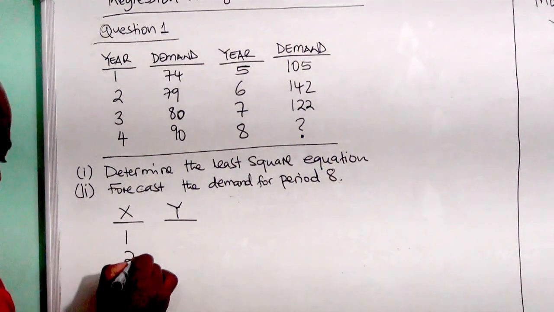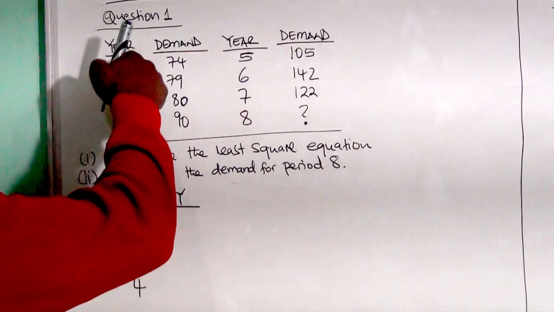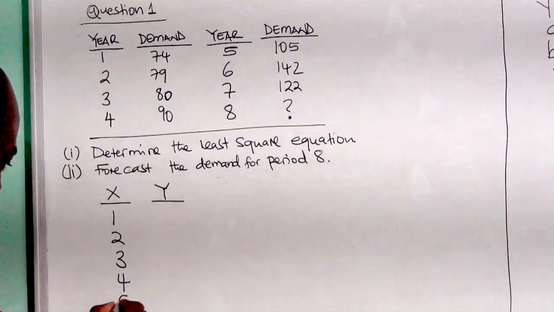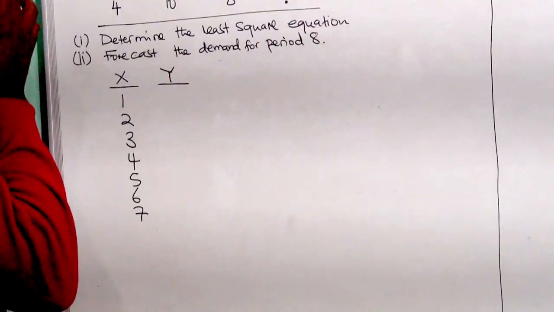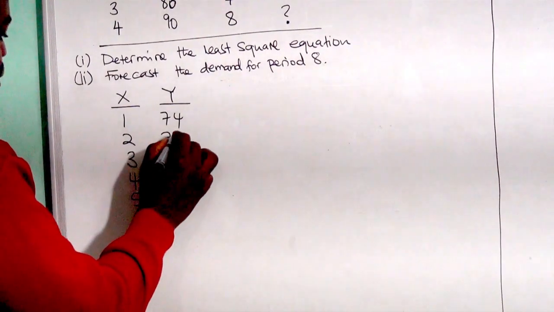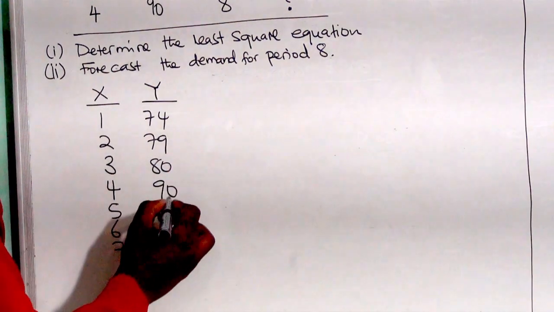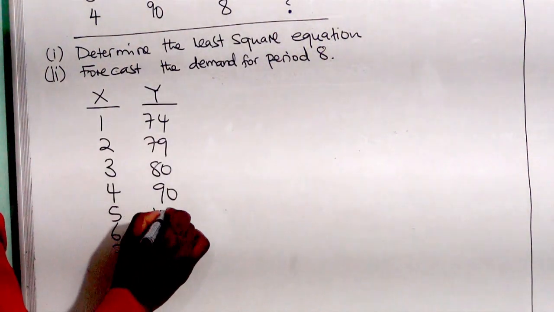Okay, so x, let me pick them quickly. I have 1, 2, 3, 4. You can see the years continuing there: 5, 6, and 7. And then I'll have the y, which is the demand: 74, 79, 80, 90, 105,